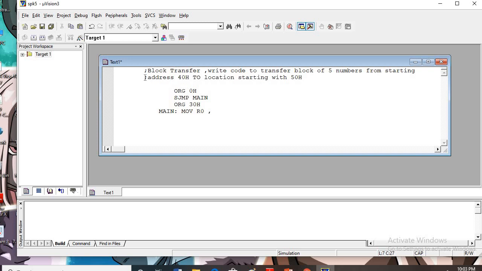So conventionally for small programs we can go for just the scratchpad memory which starts with 30H. Therefore I have taken this to 30H, nothing else, no other reason.